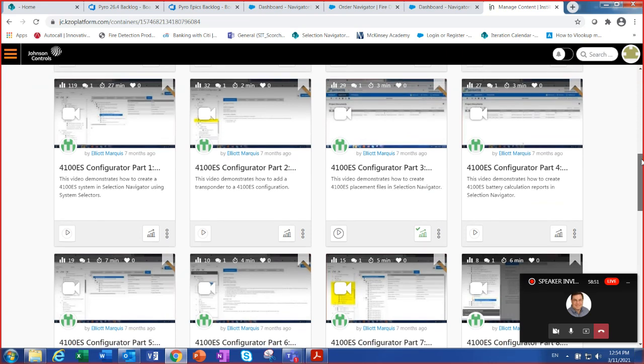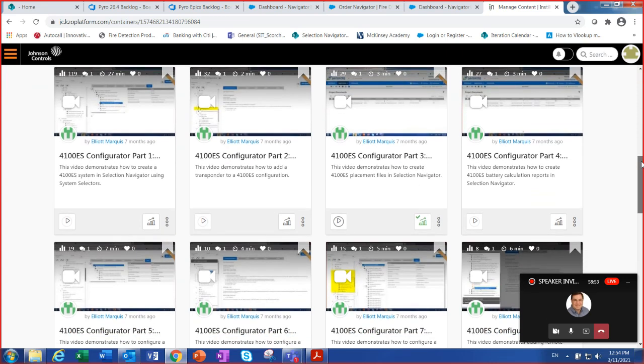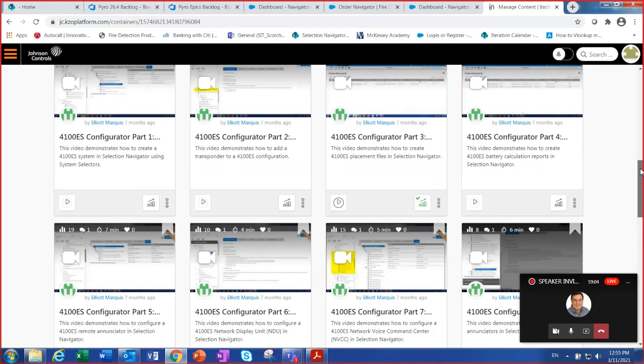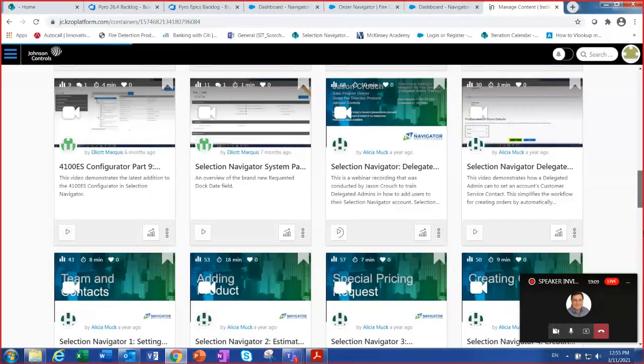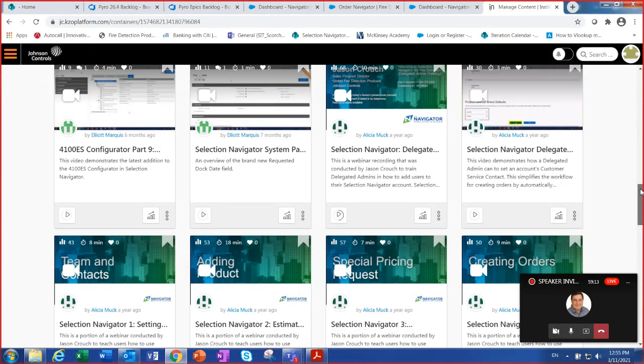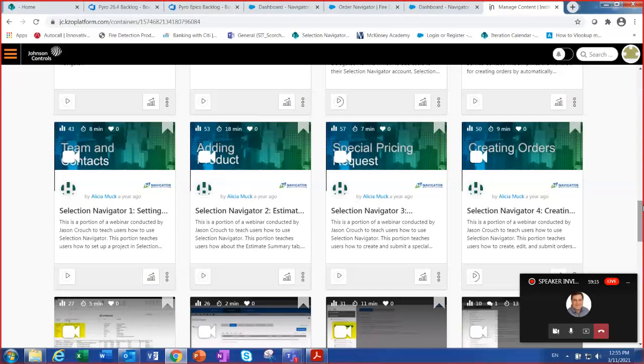So, you know, configuring 4100, and it goes through the different sections. This shows you how to create a basic 4100 ES system. This one shows you how to configure a transponder, how to create battery calculations, etc. And then all the other various features, through to how to set up new users as a delegate admin, how to add teams and contacts, how to add products, special pricing, creating orders.